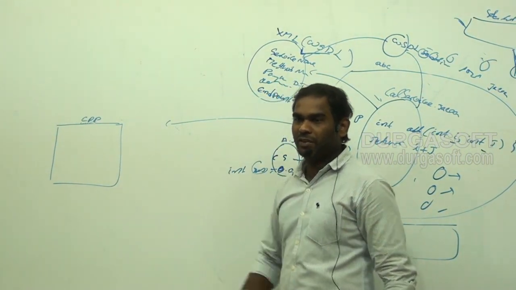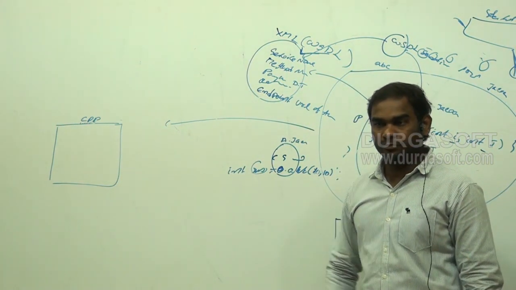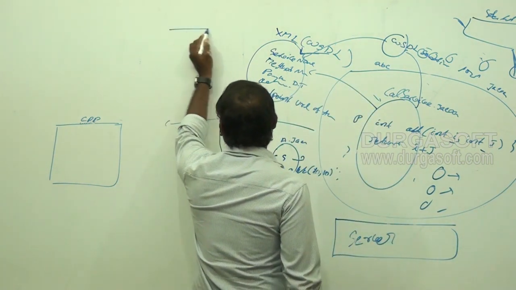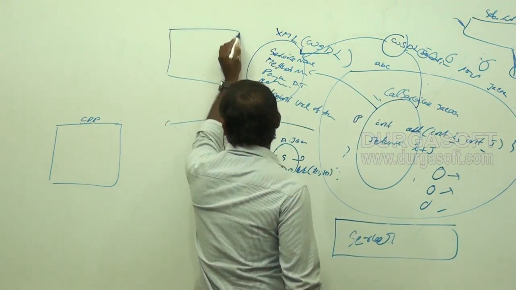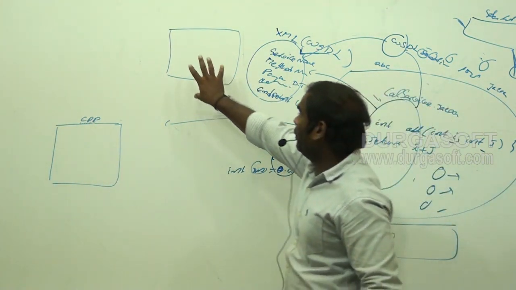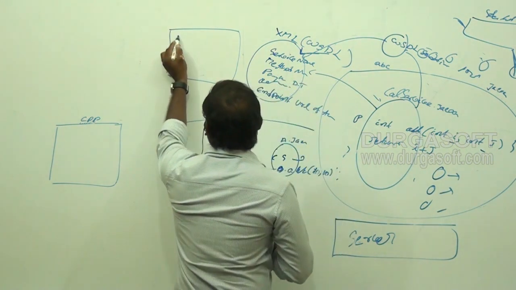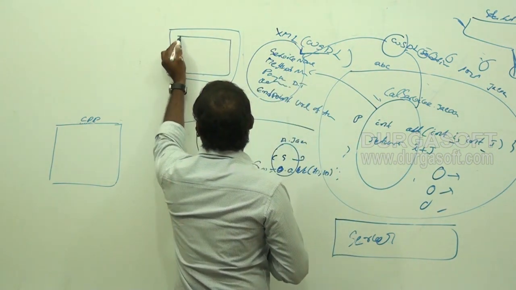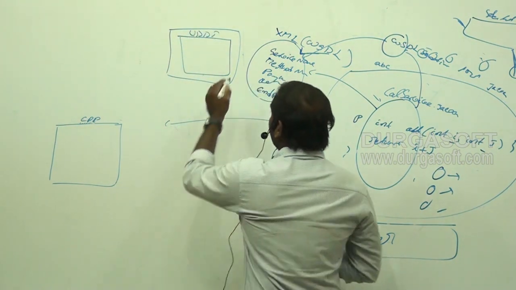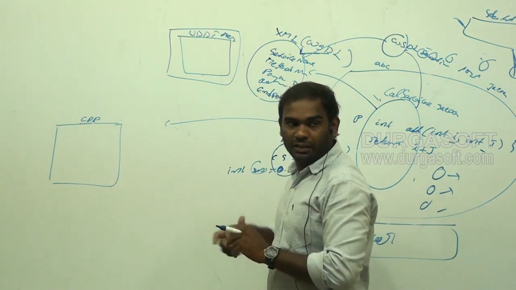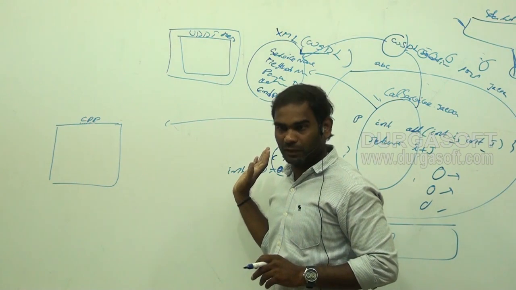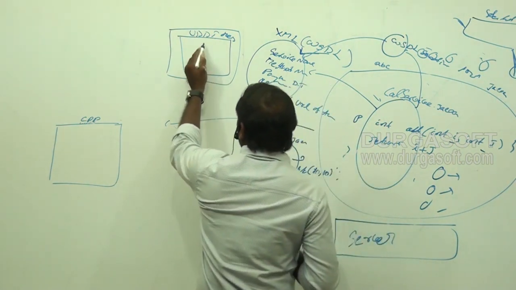Understood? This is one way of sharing the WSDL file with the client. Another way is this: we will have another system. The client system is different, the service system is different, and we have a third system. In this system, we will install a registry software called UDDI registry. This is the first, second and third. Understand? Okay.